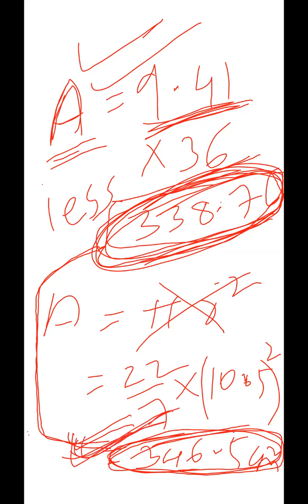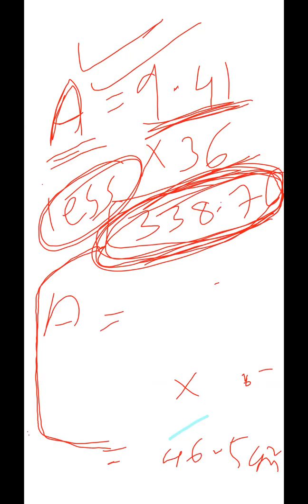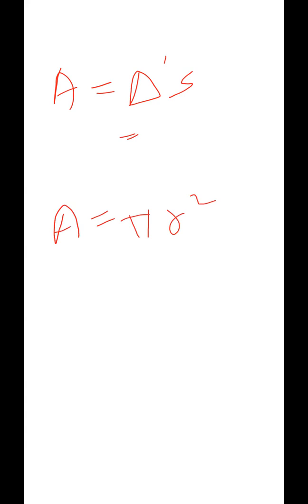Now why is this area less? What do you learn from this project? I'll erase this and tell you. Wait, let me make a new page. What we'll do is draw three circles, and for all three circles you will do the same thing. You will find the area using triangles, and you will find the area using the formula pi r square, and then compare them.